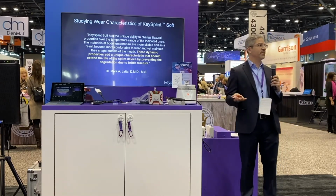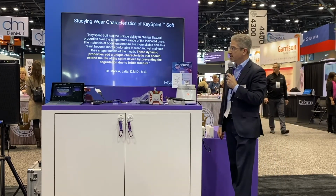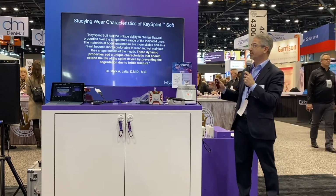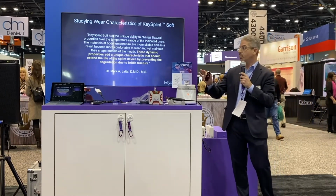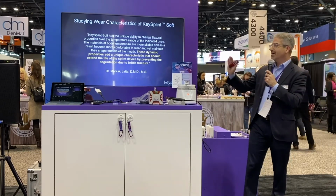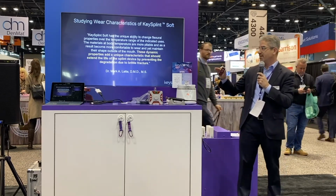I usually hate to read PowerPoints to people. There's nothing more boring. But here I'm going to just read Dr. Latta's words. Keysplint Soft has the unique ability to change flexural properties over the temperature range of the indicated uses. The materials at body temperature are more pliable and as a result become more comfortable to wear, and yet maintain their shape outside the body, okay? These dynamic properties add a unique characteristic that should extend the life of the splint by preventing the degradation due